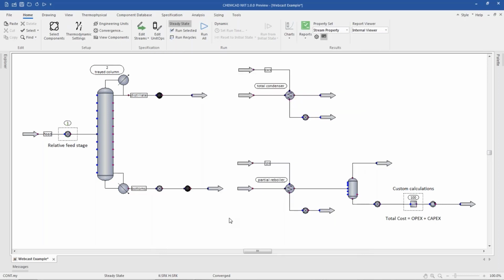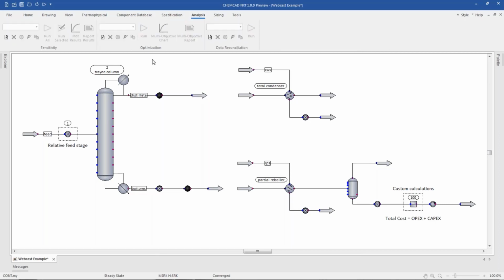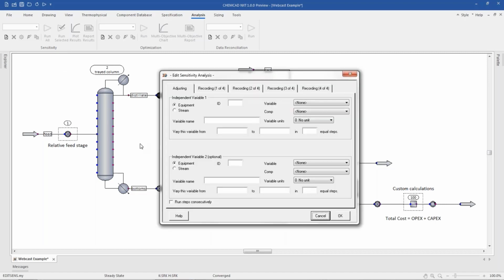So from the Home tab, we can locate the Analysis tab and then locate the Sensitivity group. If there are no studies available or pre-made for this simulation, this is how it would look. This is also how it looks when a simulation that does have some analyses is first loaded. But just for demonstration purposes, the way to go about creating a new analysis from scratch would be to click on the Create New command, type a new name for the analysis, click OK,